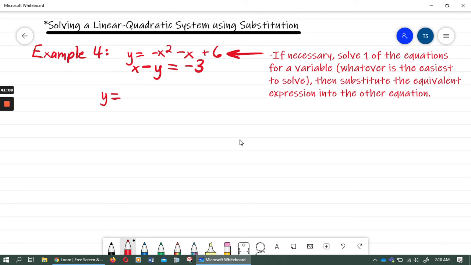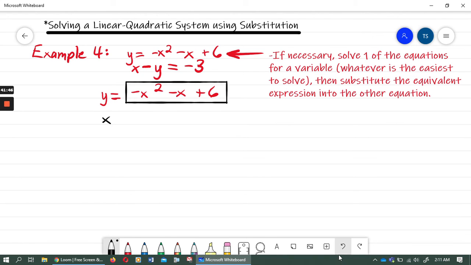The equivalent expression here is that expression negative x squared minus x plus 6. So again, that is the equivalent expression right here. And the other equation is x